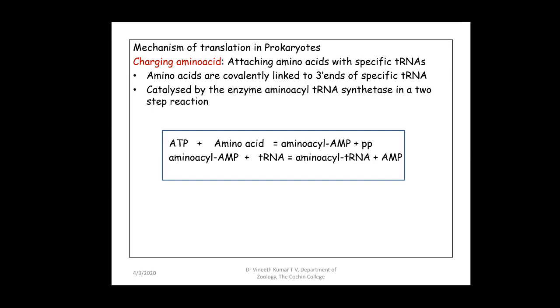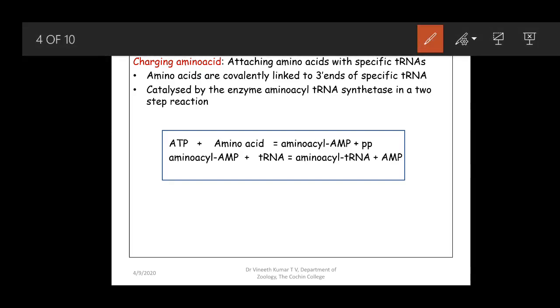So the first step is charging of amino acid. As we saw in the picture of tRNA, you have a tRNA like this, a clover leaf shape in the 3-dimensional structure. Because it is an RNA, it will have a 3' as well as a 5' end, and the attachment of a specific amino acid. Specific amino acid means the amino acid should be perfect. Whatever the anticodon is, the amino acid corresponding to this anticodon should be added to